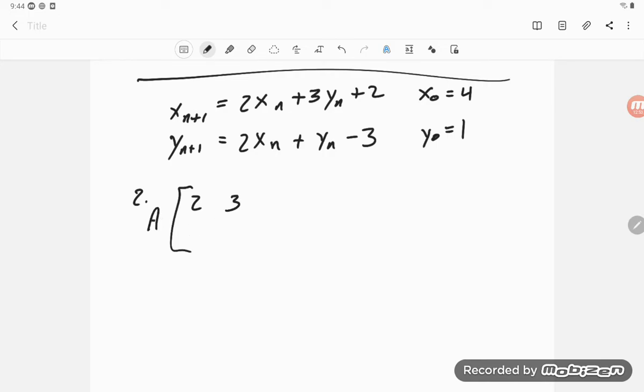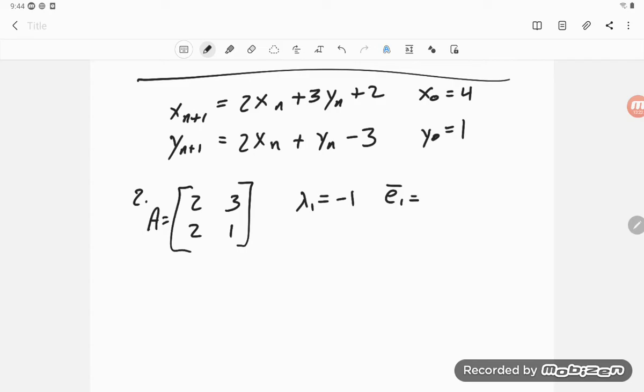So we have our A is equal to 2, 3, 2, 1 here. And we know that lambda 1 is equal to negative 1,